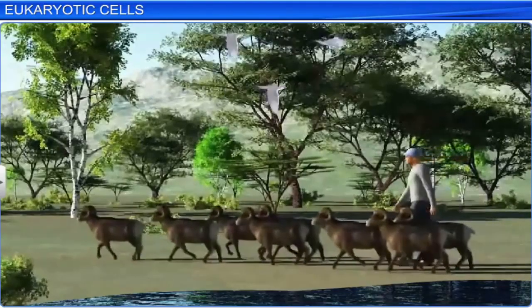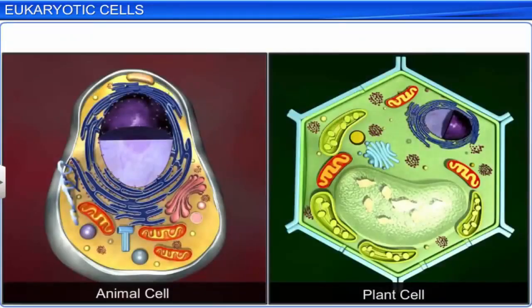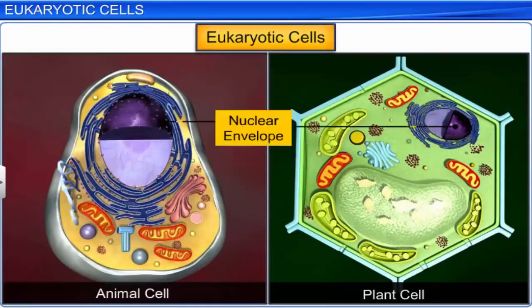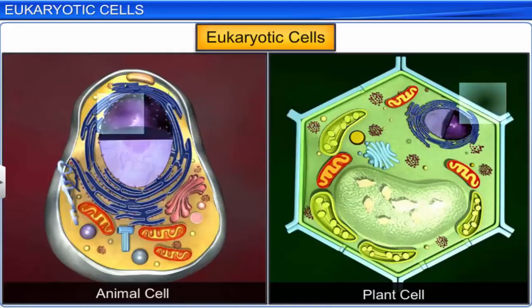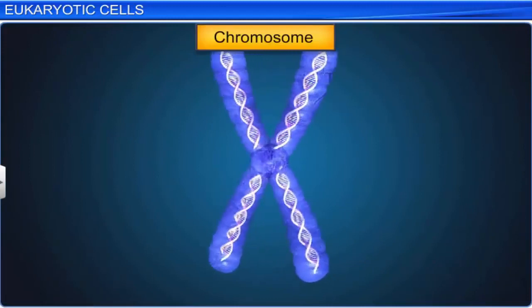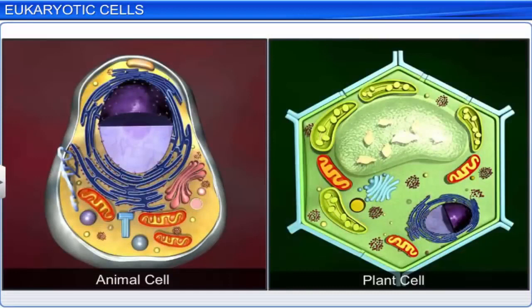Our Earth is home to diverse species of plants and animals. Yet, they all have a common structural unit: the eukaryotic cell, or a cell which possesses an organized nucleus surrounded by a nuclear envelope. This nucleus, containing chromosomes that carry the genetic code of the organism, is surrounded by cytoplasm, a semi-fluid matrix which makes up the volume of the cell.